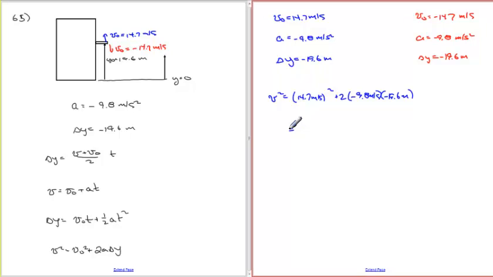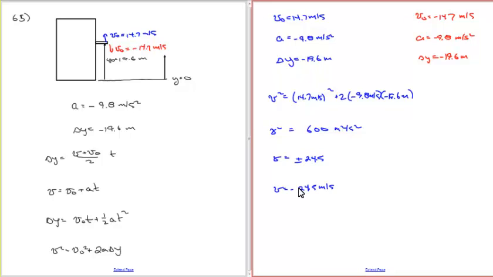So let's plug those in there: 14.7 squared plus 2 times 9.8 times 19.6. The reason I didn't say negatives is because those cancel out. So you get 600 approximately. V squared, that's meters squared per second squared. So V is the square root of that, which is 24.5. Now it's plus or minus because we took the square root, but we know that if this thing goes up and then comes back down again, it's going to be going negative when it hits. So in this case, it's negative